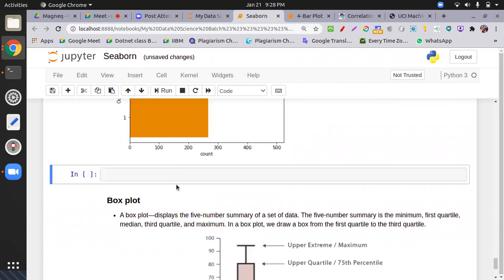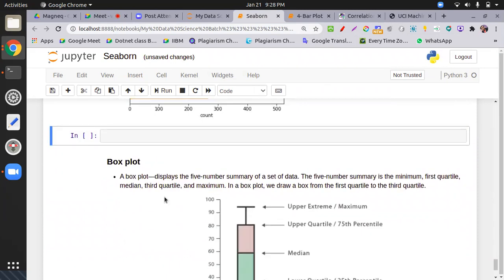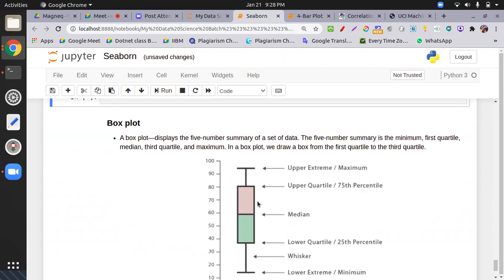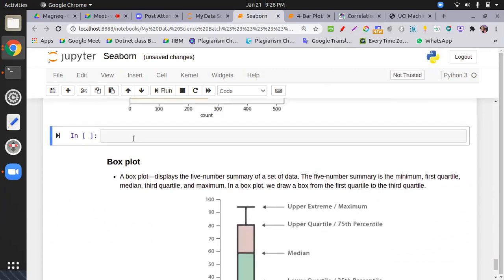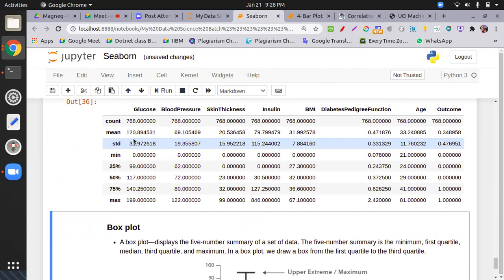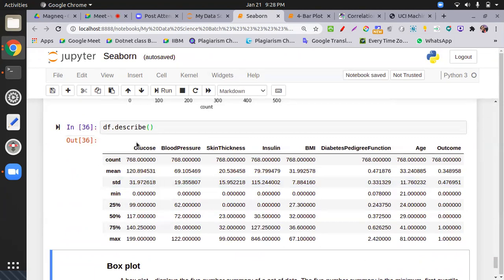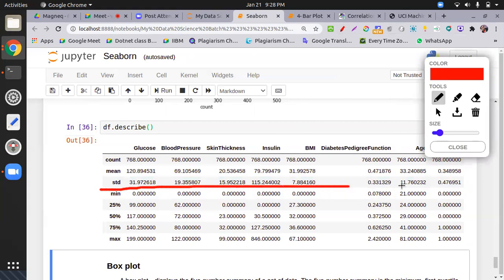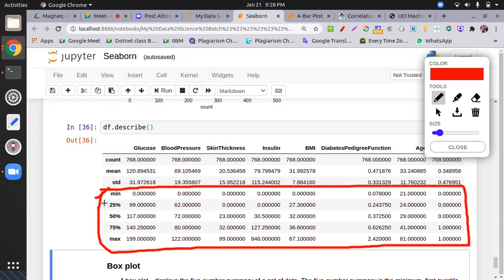All right, in the next sequence we have the box plot. Very important in the sense that it will display five pieces of information. When you do the box plot, use the describe function also. The describe function I told you in pandas, it gives you the statistical information. This information is used by the box plot: min, 25%, 50%, 75%, maximum. Outliers are also included. So what are outliers? I'm telling those who don't know.